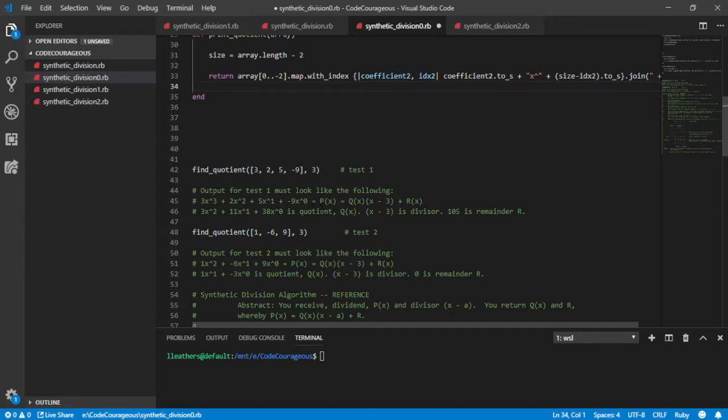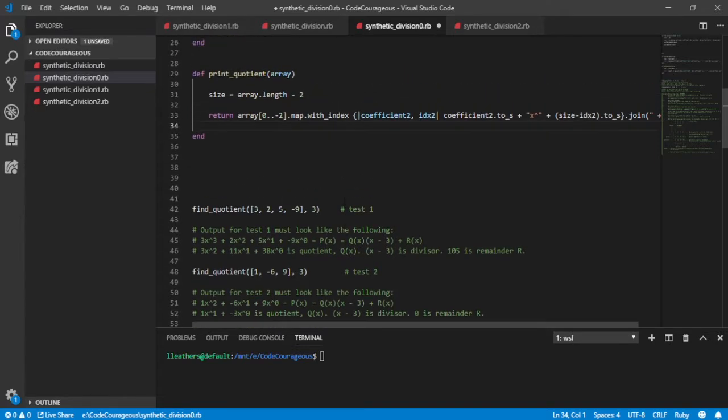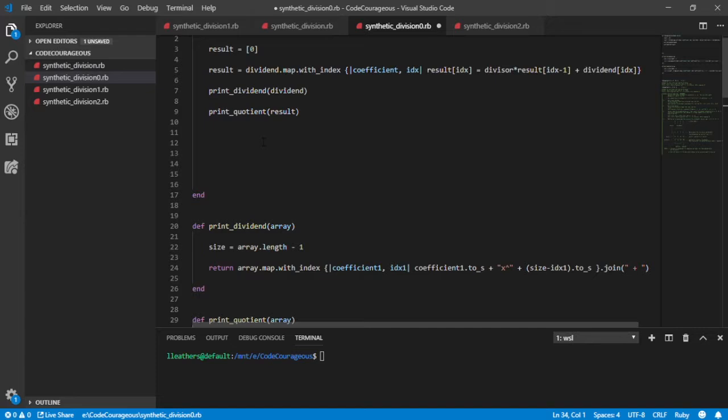So we need to add to the string this. So let's do that. We should say first line equals. First line is a string. We're just using that to help us out clarifying what it is that we're doing. So we call print dividend to give us a nicely formatted polynomial. Okay, then we're going to add,